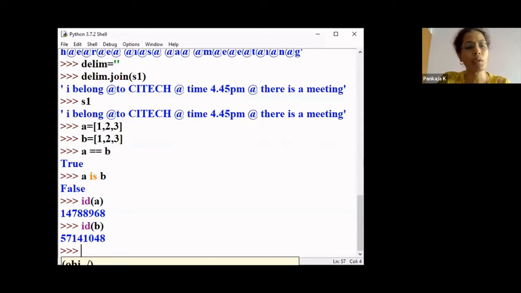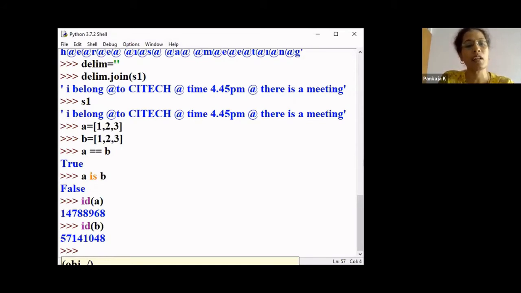That means A and B are different objects. The is operator in Python is always asking whether it is pointing to the same object or not. Here they are pointing to two different objects even though the contents are the same.